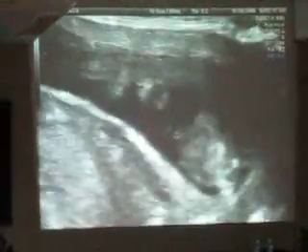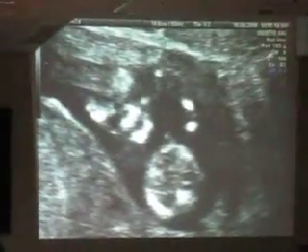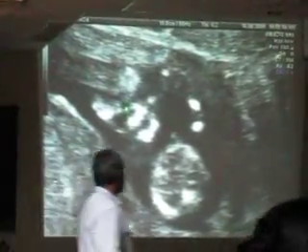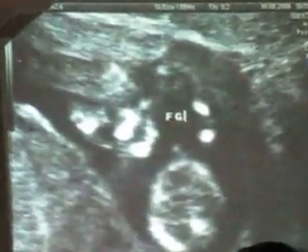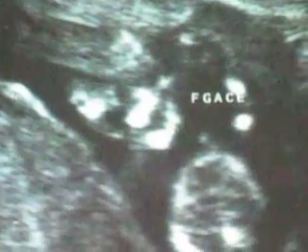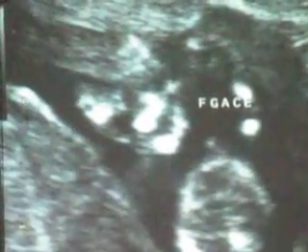Now when you look at the face, can you do the coronal view of the face to show us the premaxillary triangle? So when I'm seeing the coronal view of the face, I draw your attention to this white line which is coming in. This is the chin. This line which you see is the premaxilla. Can you show the face a little bit more? Yeah.